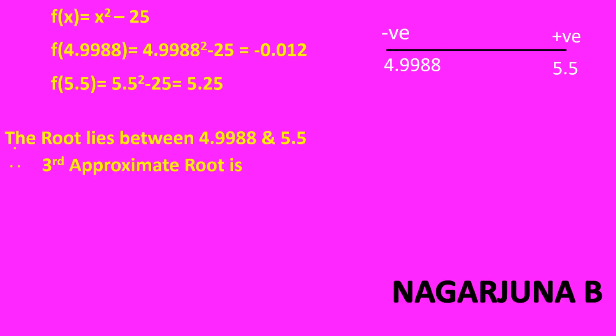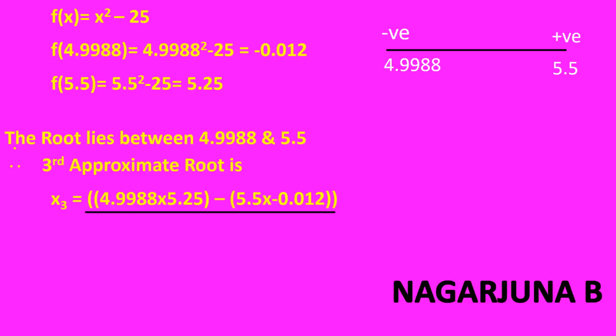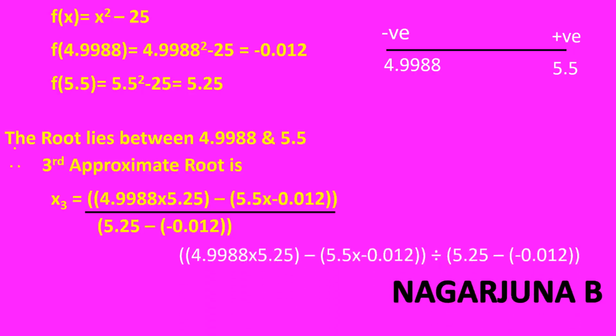f of b is 5.25. Therefore x3 is equal to, open the bracket, 4.9988 into 5.25, close the bracket, minus 5.5 into minus 0.012, close the bracket, again close the bracket, divided by, open the bracket, 5.25 minus, open the bracket, minus 0.012, close the bracket, again close the bracket. In a scientific calculator, you can calculate this by writing in this way, open the bracket,